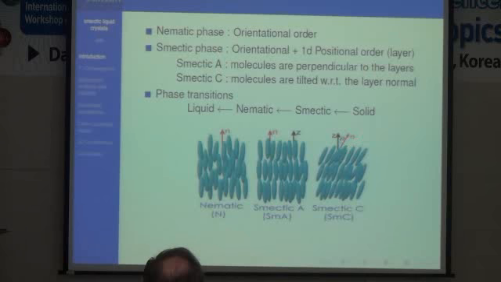I'm interested in the response to an applied field for the smectic phases. If you apply a magnetic field in this direction with positive diamagnetic anisotropy, then the molecules will follow the direction of the applied field. Then in order to change the direction of the molecules, you have to disturb the layer structure, and with the fixed boundaries at top and bottom,